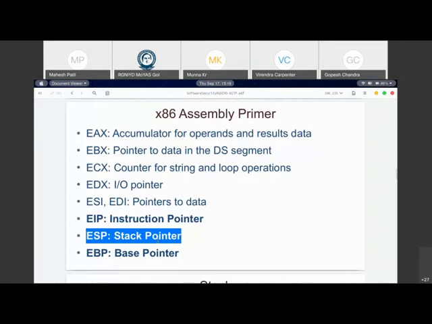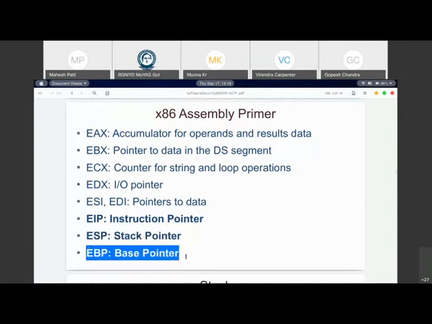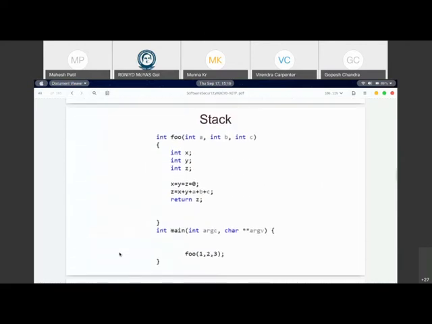All these registers are in hardware, and then you also have this register called the base pointer. The base pointer register typically helps you point to the frame pointer. Whenever you call a function, there is something called a stack frame that is created on the stack. So how do you access these local variables? They will all be accessed using the base pointer, and that is the purpose of that register. We're going to see an example of it so that you understand it much better.